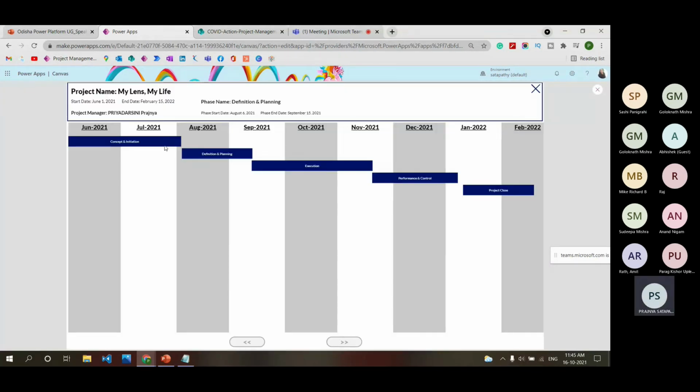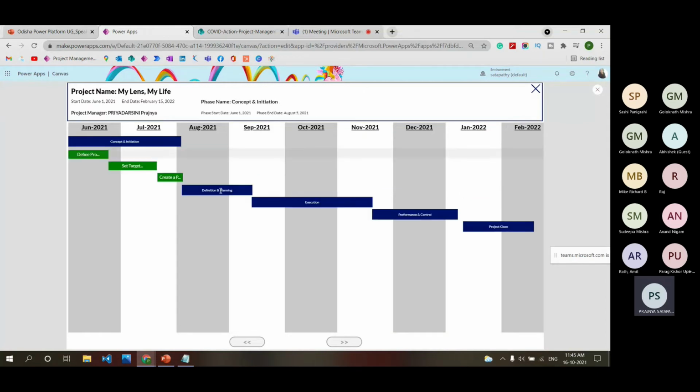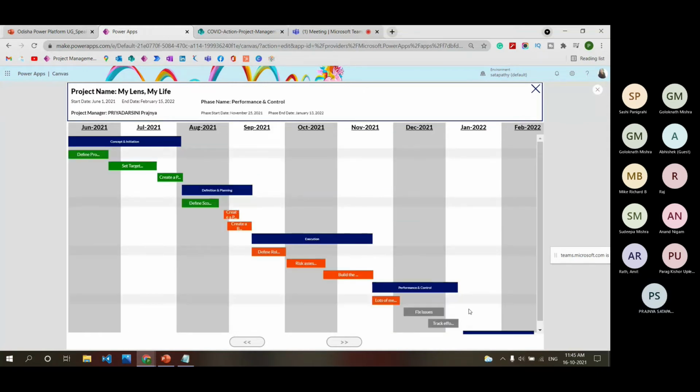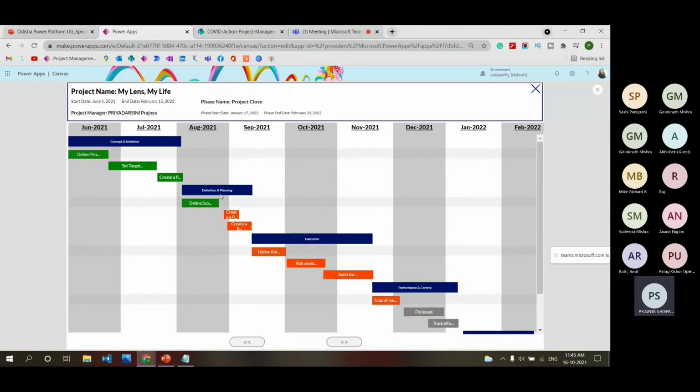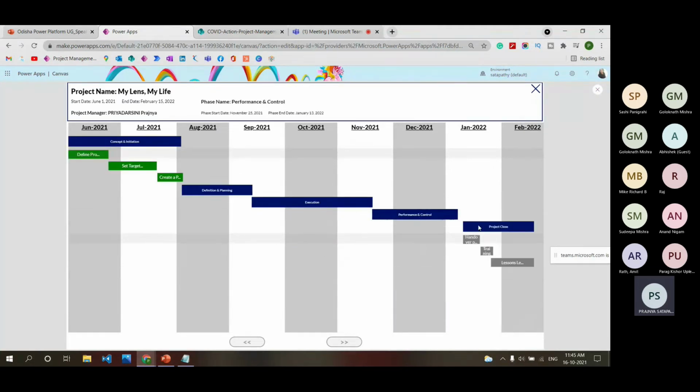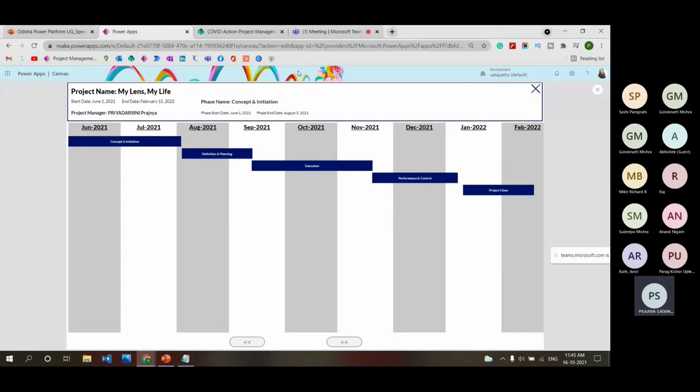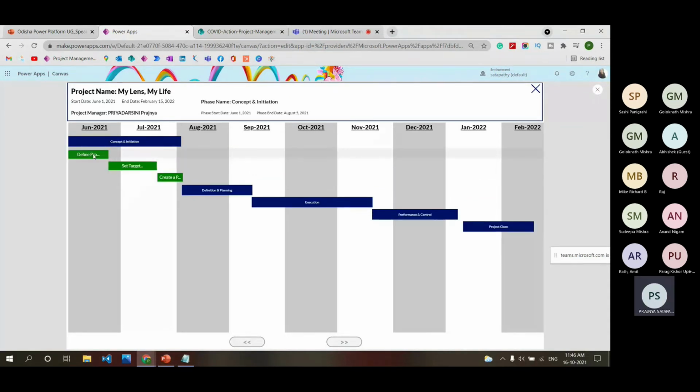So when I expand, all these phases are expandable, you can see. And I can see all the tasks at a time. All tasks are expandable at a time. And any phase, if I want, I can also collapse. When I click on any phase, then at the top middle, it is showing the phase information. When I expand the phase and click on any of the tasks, on the top right it is showing the task information: the task name, task started, task ended, and the task assignee.